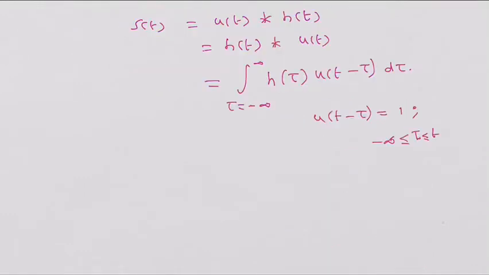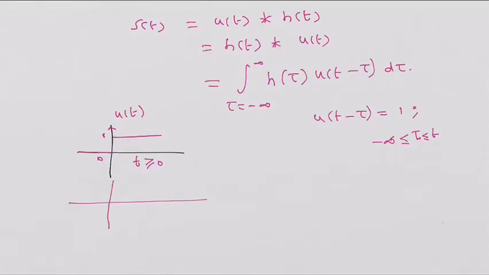I just imagine u of t is this one. What is u of t? U of t is naturally having amplitude as 1 only for the values of t greater than or equal to 0. This is called u of t. If you fold it, how will it look like? If you fold it, the folded signal will be over this axis. So it is u of minus t, right? When the variables are changed, you know that the same signal is represented by u of tau.